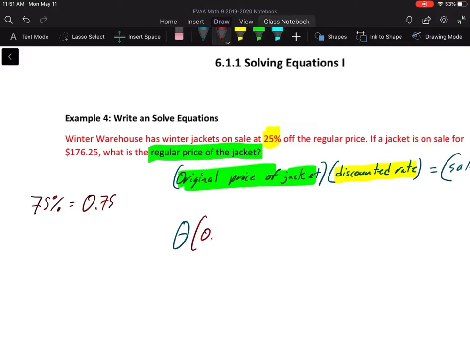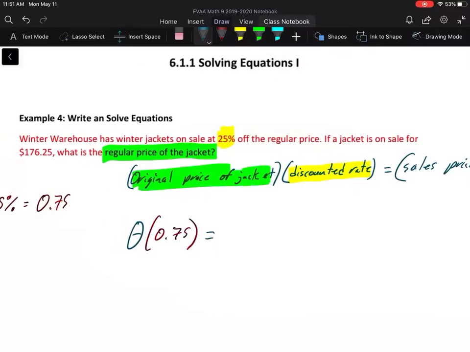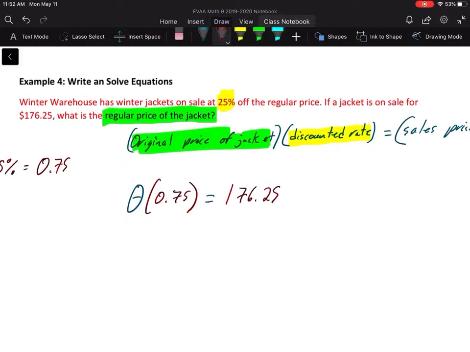So that's my discounted rate. Then that's equal to my sales price. My sales price is what I paid, which in this case is 176.25. So that would be my equation. The original price of the jacket times the discounted rate, or 0.75, so 100% minus 25% leaves you with 75% of the jacket to pay, is equal to